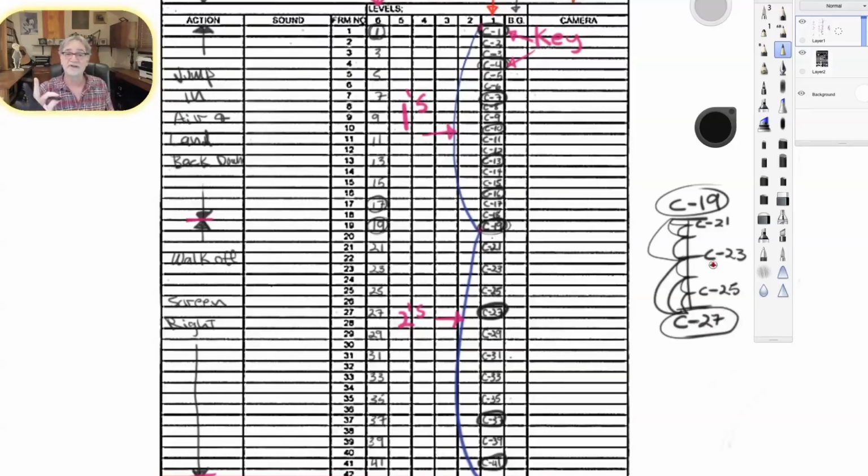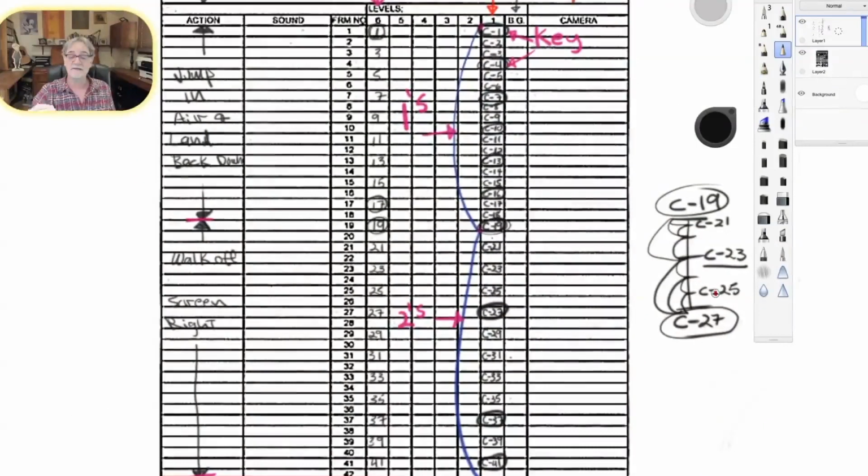Now, one side note real quick. I might do this drawing, C23, which is this one right there. I'm not going to circle it because it's not the key. Everyone's got a little bit their own way of working. I'm not going to circle it, but when the assistant gets the scene, they'll see that I did do that drawing and I underlined it, and that is what you can call a breakdown. And then they'll just finish it off with C21 or C25.